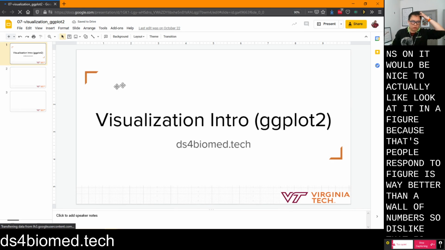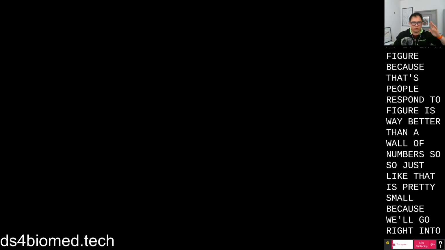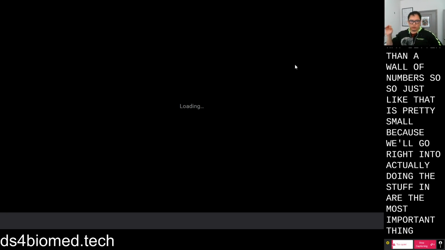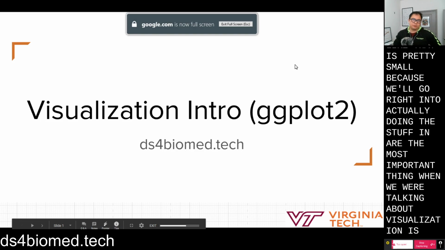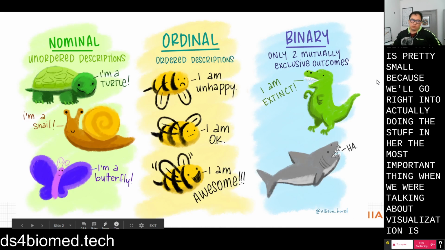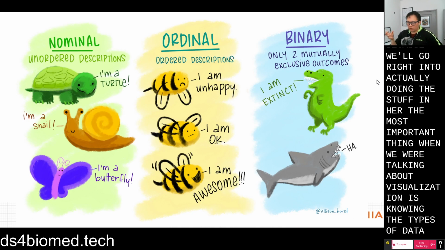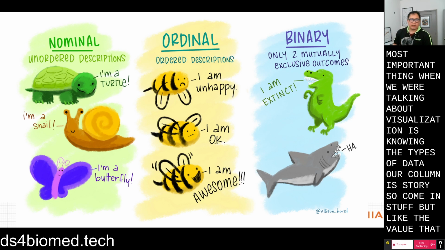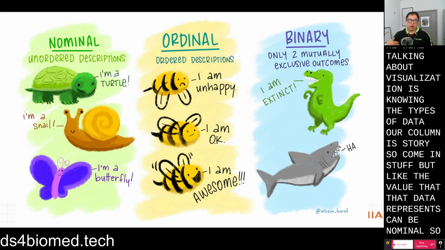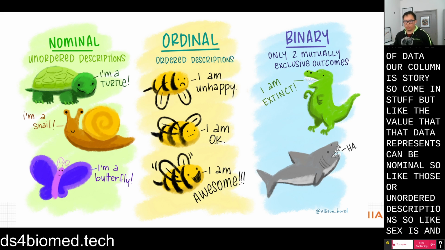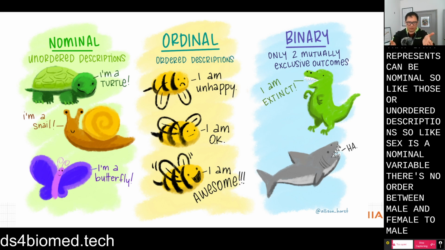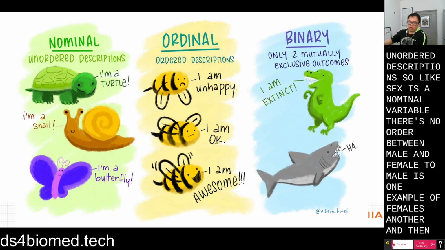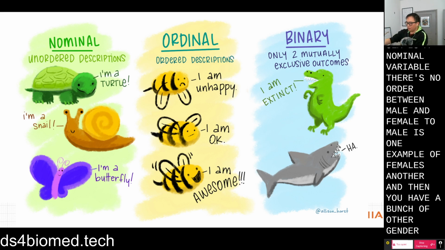So this slide deck is pretty small because we'll go right into actually doing this stuff in R. The most important thing when we're talking about visualization is knowing the types of data our column is storing. So data can come in different formats, but the value that that data represents can be nominal. Those are unordered descriptions. So sex is a nominal variable. There's no order between male and female. It's just male is one example, female is another, and then you have a bunch of other gender neutral